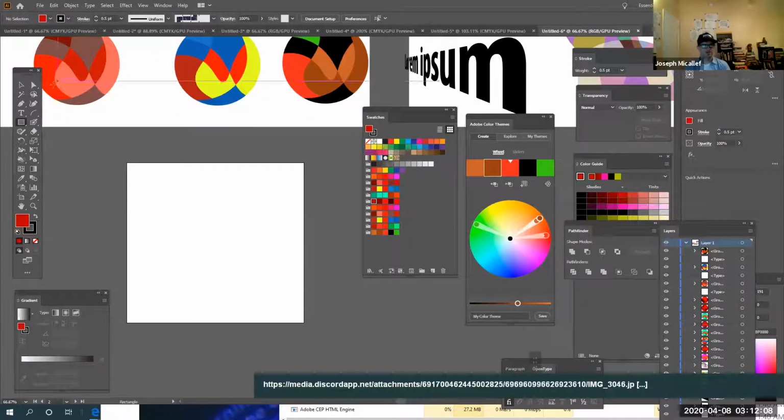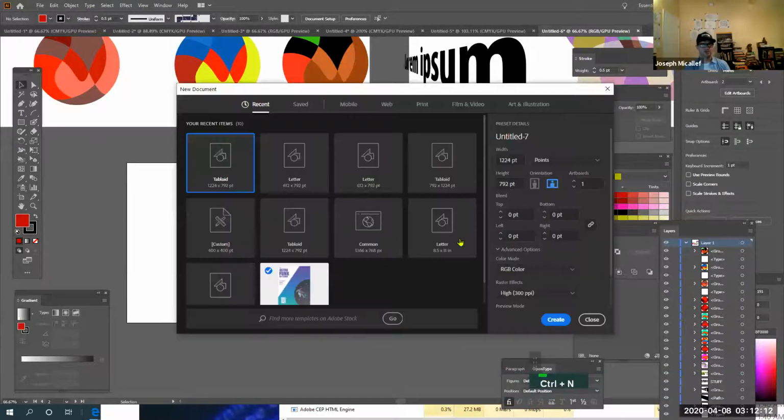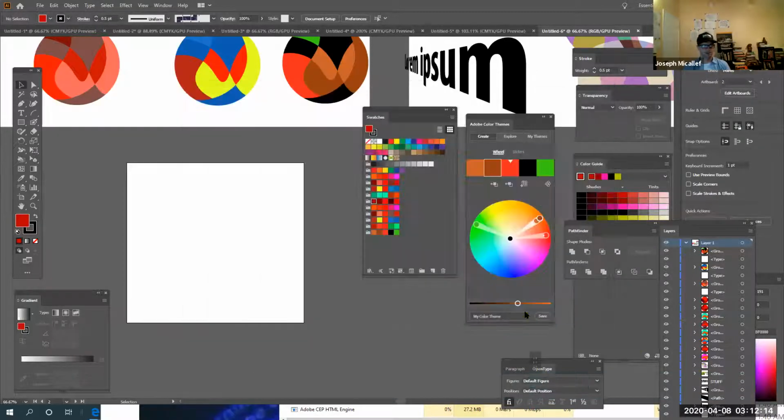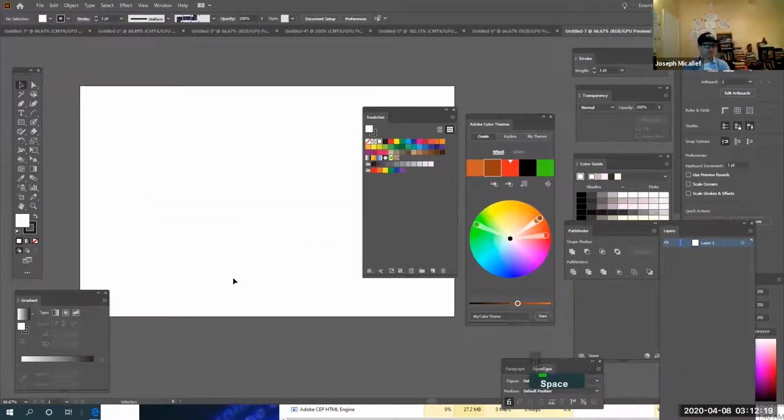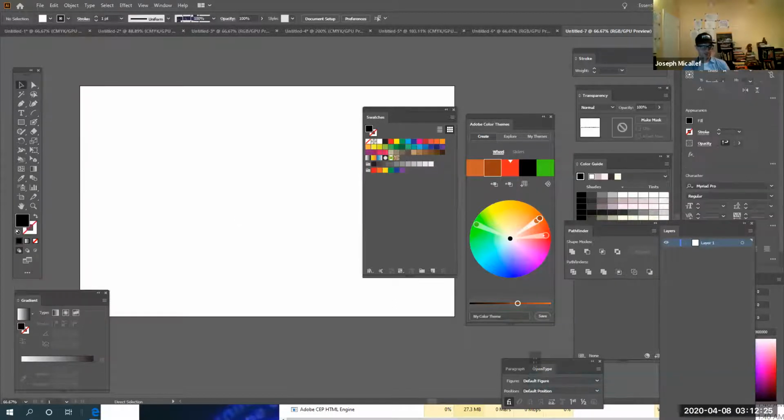And part of this exercise now too is really exploring the text relationship with the object that you're creating in the composition. So here,